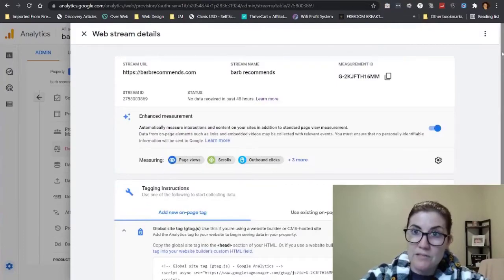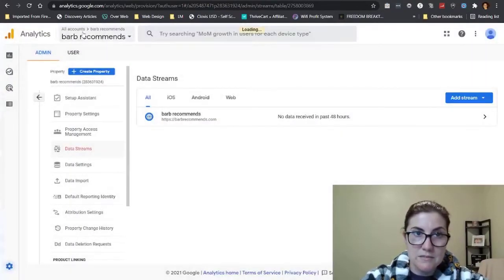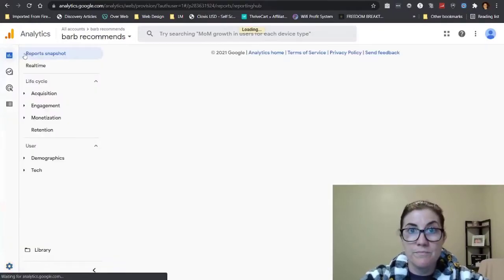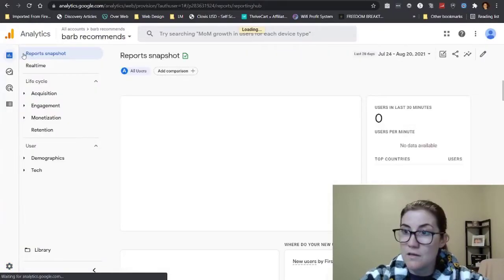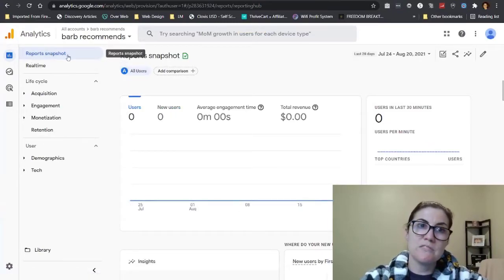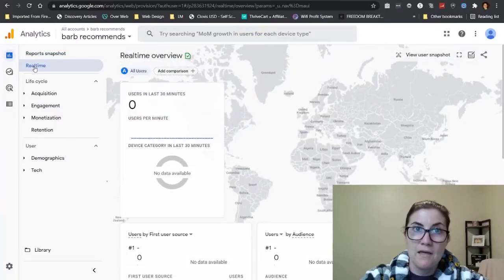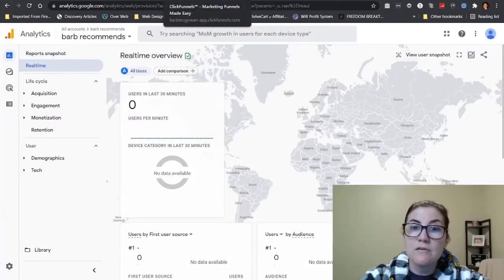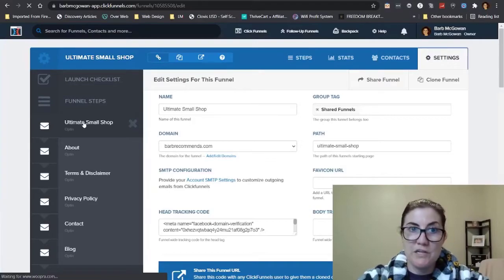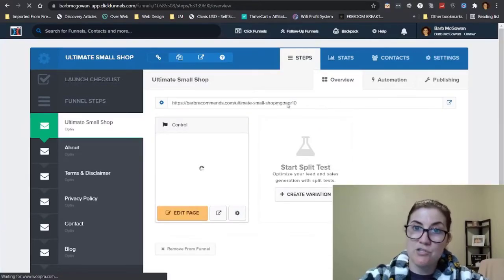All right, so I go back to Google Analytics. I'm going to close this. And if I go over here to reports, I want to look at real time. So there's the report snapshot, and then right below that is real time. So I'm going to click real time. And now there's nothing happening in real time. And this is a product that I don't promote anymore. But what I want to do is just do a test run to make sure that this is connected. So let's copy this,